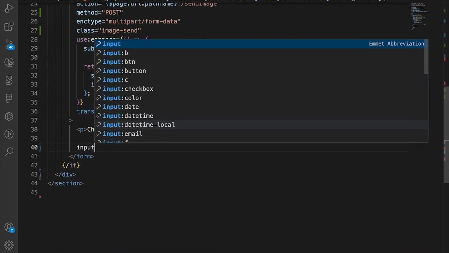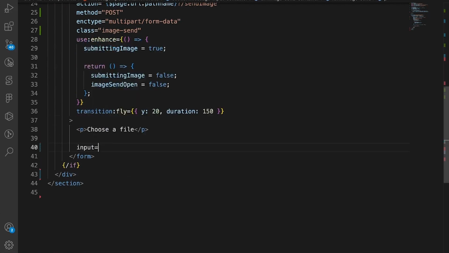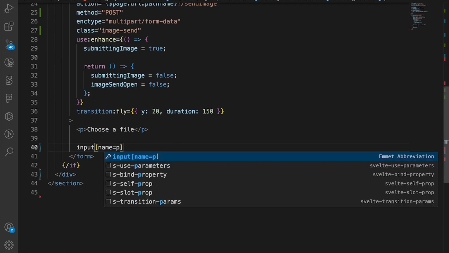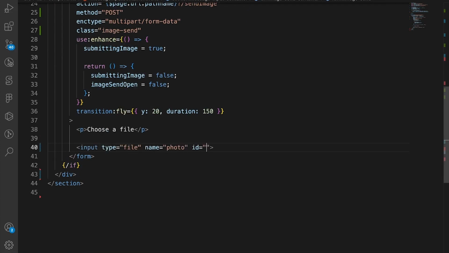We're going to say input with the name of photo. Let's remove this id property. And we're going to say that we accept the same image types that we created in the second episode, which is going to be image/jpg, image/png, image/svg, and also image/gif and